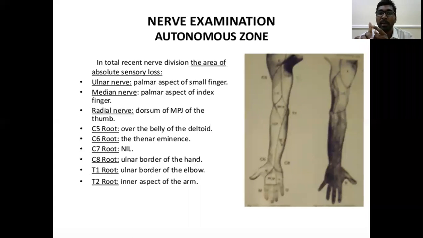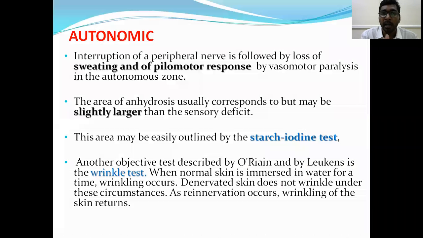For the median nerve, the palmar aspect of the index finger is exclusively supplied by the median nerve. The median nerve supplies 3.5 fingers of the hand, but this area is exclusively supplied by the median nerve. The other two fingers overlap with the ulnar nerve supply. And the first web space sensation is checked for the radial nerve. Like that, you have to check isolated sensory nerve supply zones to detect whether a nerve injury is present or not.